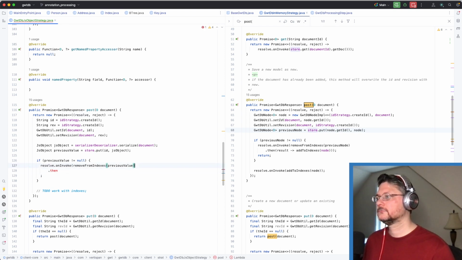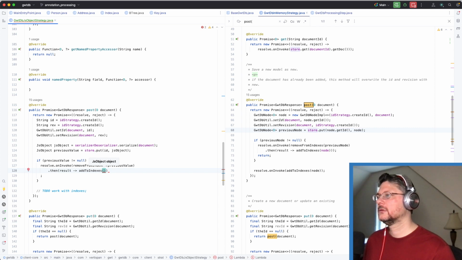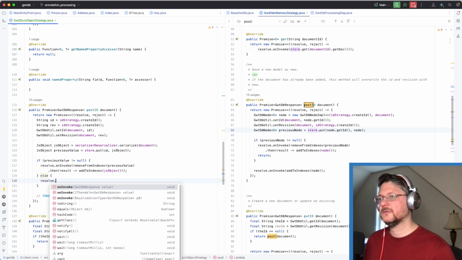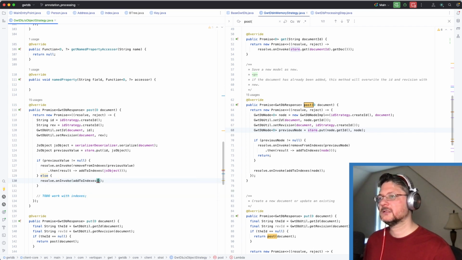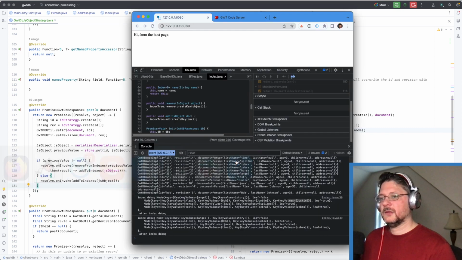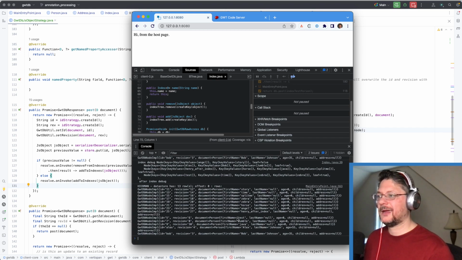Then we need to add the new one to the indexes, right? Otherwise, if there wasn't a previous value, we can just resolve on invoke add to indexes JS object. There we go. So that should allow you to add objects after